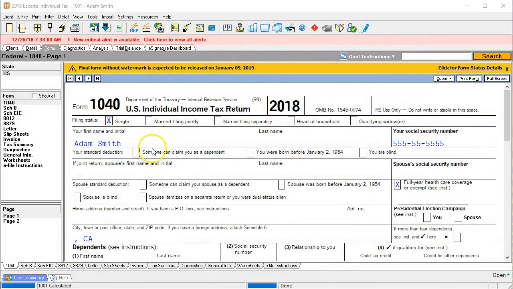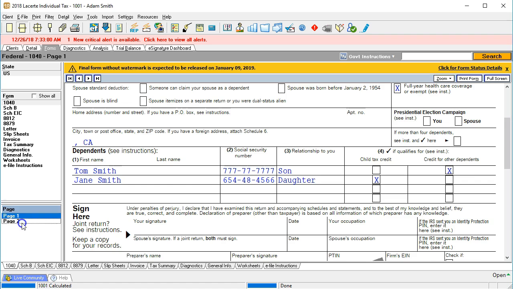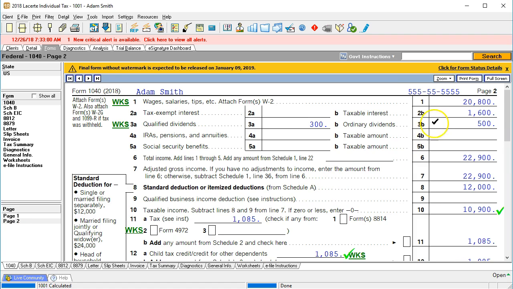Here we are on our test 1040. We have the single individual. We currently have two dependents. If we go to page 2, then we are currently at wages $20,800. We've got the tax exempt. We've got the interest of $1,600. The dividends $500 for $22,900. We have two other pieces of information now related to types of possible income: state income tax refund and